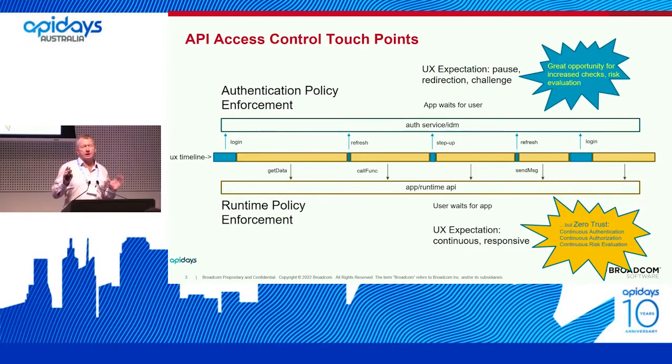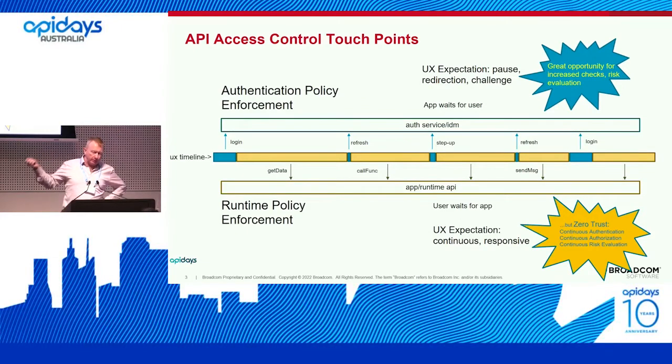The challenge is that, at the same time as that snappy response for the user experience, we've got these zero trust initiatives that have been around for quite some time, but have taken a refocus given all this remote working and moving data to the cloud. Now we have mandates coming through around continuous authorization, continuous authentication, and continuous risk evaluation. So you're kind of busy down the bottom here. There's a lot to do to make sure all that happens, while at the same time providing a great user experience. Potentially those two things could work against each other and provide the worst of both worlds.